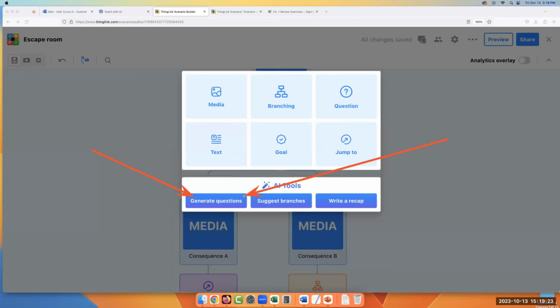It's really interesting. I haven't played with this enough to really show you all the goodies, but this is just sort of what's happening in the world right now. They're building these things to make our lives easier and to create more engaging learning for our students. And before, this would take forever.